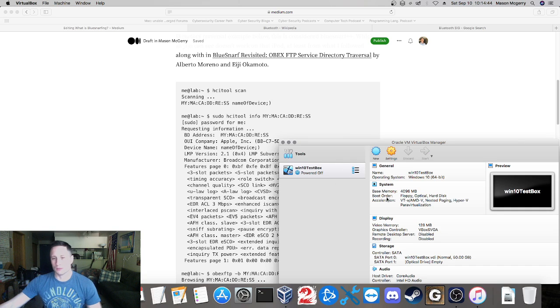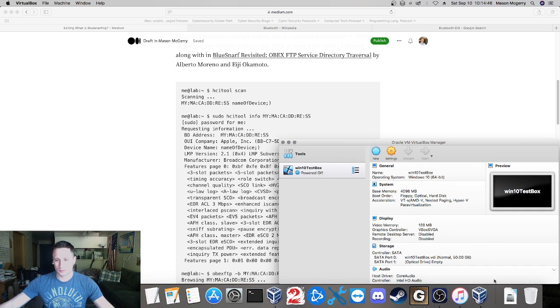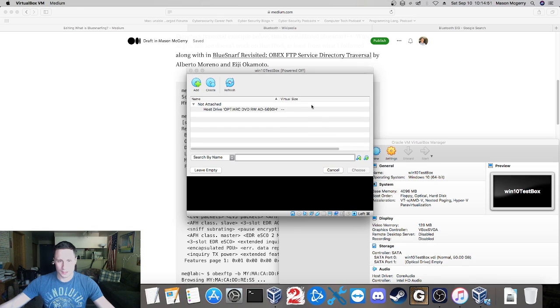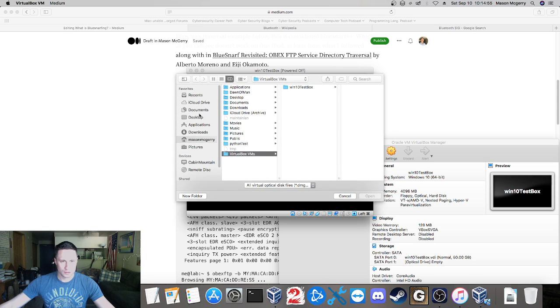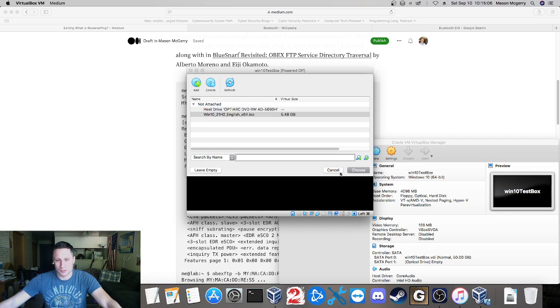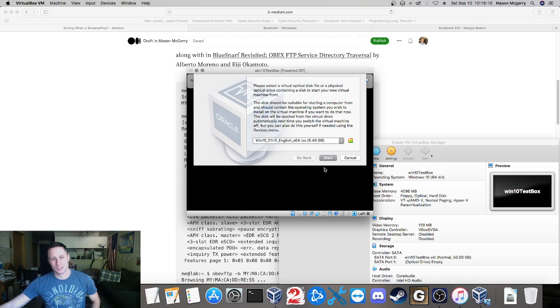And yeah, so I'm going to open it up here. And I'm going to select the image. So I just downloaded this from the official website. You can find the ISO on their official website. Obviously, you don't want to just get it from some random third party. Get it from Microsoft. And if you have, I mean, you can do this on a Windows too with VirtualBox,